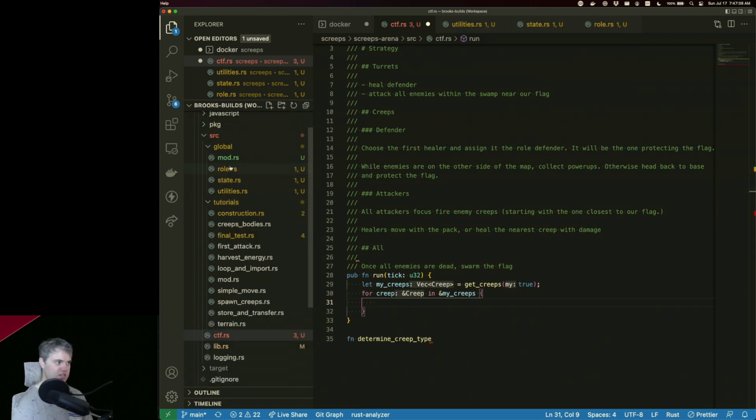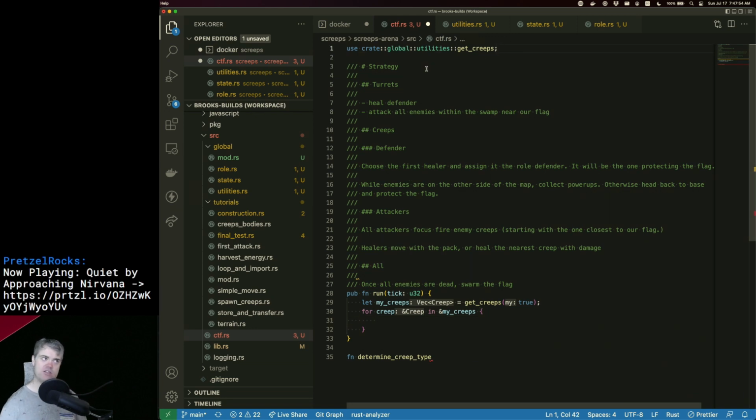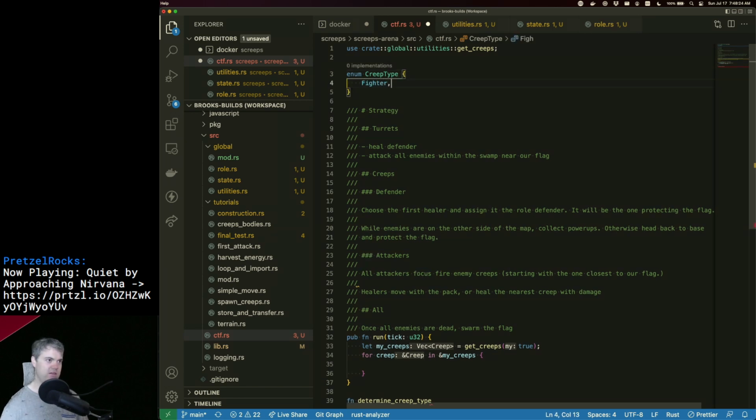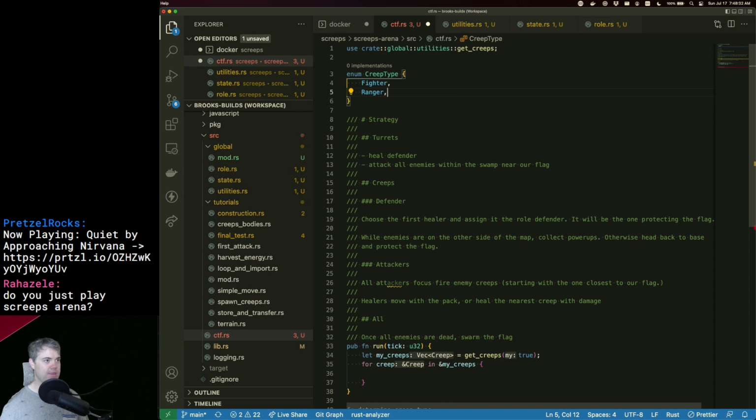So I think this actually could be a global one, right? So like, we have a creep. Actually, I don't know if this would be a global one or not. This might not be. I might end up having a creep type up here, because in other games I might have creeps that have multiple different body parts together. So let's do creep type: we have fighter, ranger,